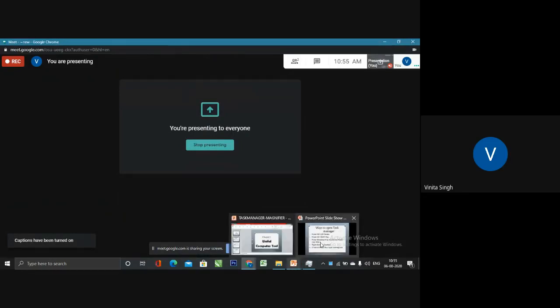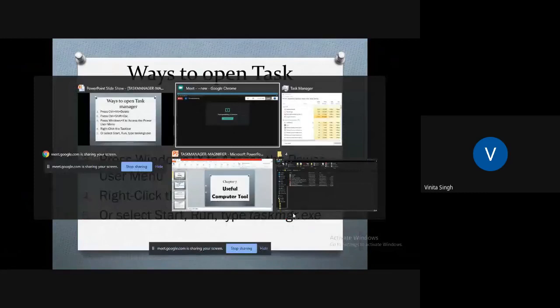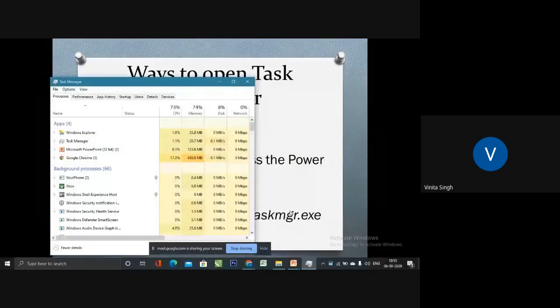As you can see on my screen, you can see the various programs or background processes that are running on my system: Windows Explorer, Task Manager, Microsoft PowerPoint, Google, and whatever usage they are utilizing, that also is displayed over here, which can be easily listed out.